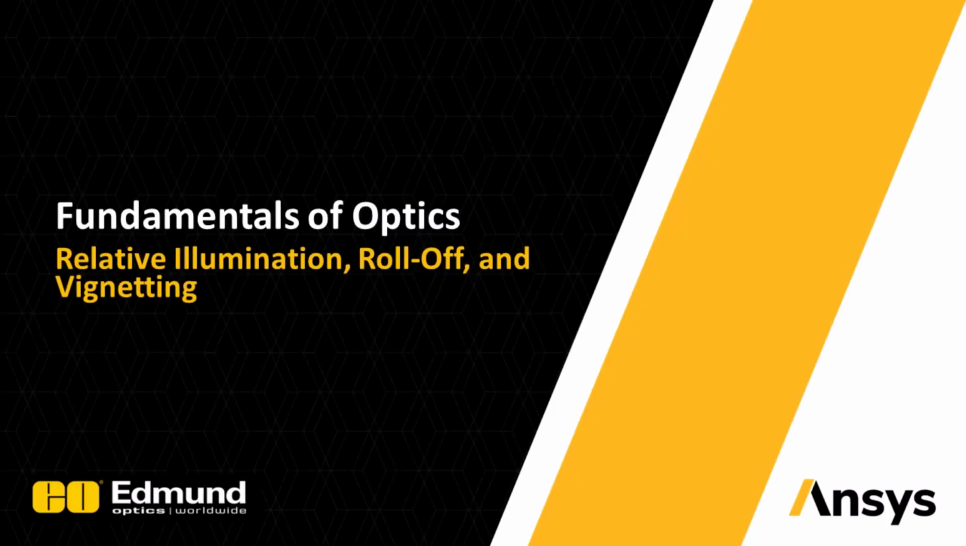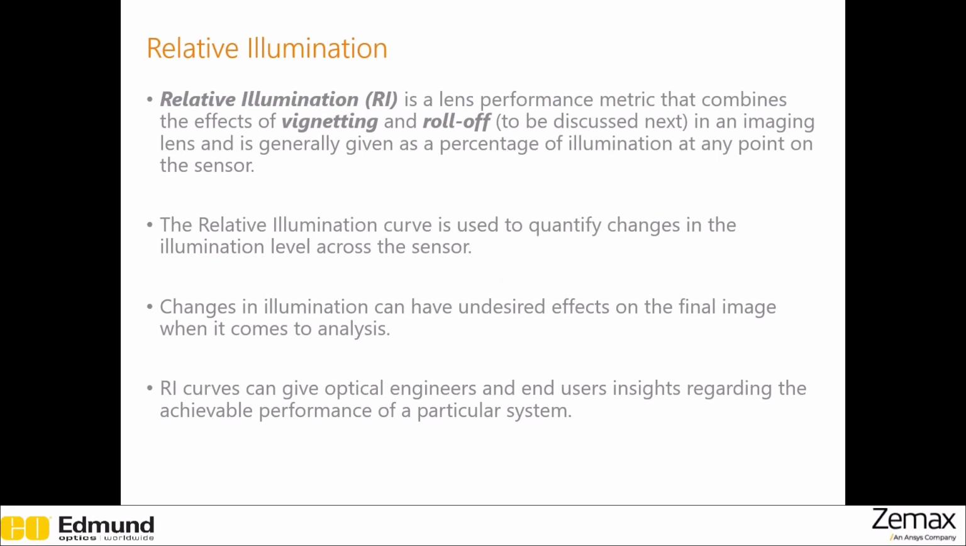In this section, we will discuss relative illumination, roll-off, and vignetting. In optical system design, relative illumination is the decrease in intensity as you move across the sensor. It can be characterized by a bright center and a relatively dimmer corner. This lens performance metric combines the effects of vignetting and illumination roll-off, both of which I will be discussing in